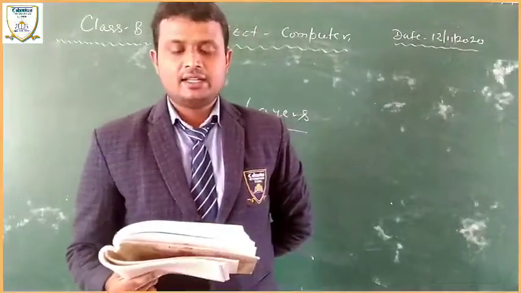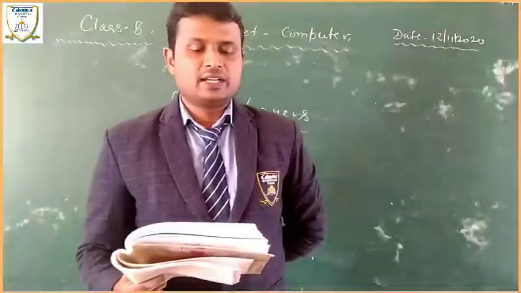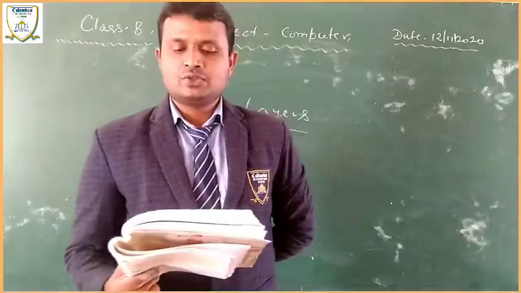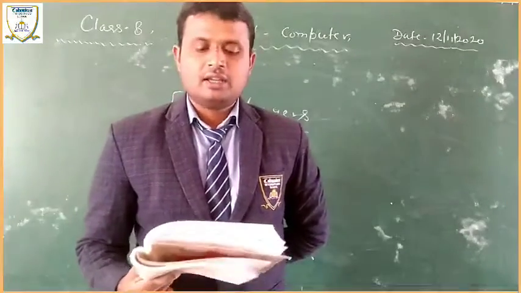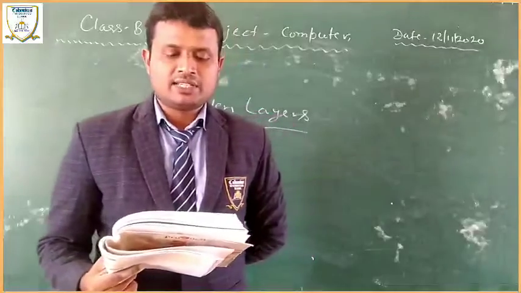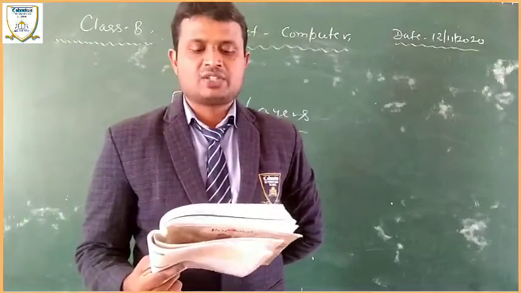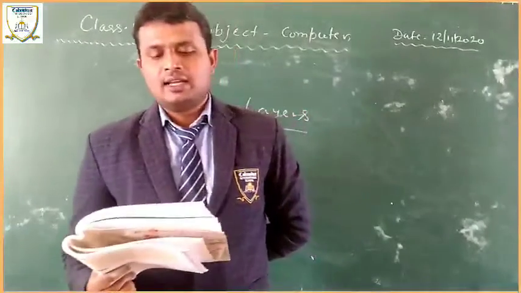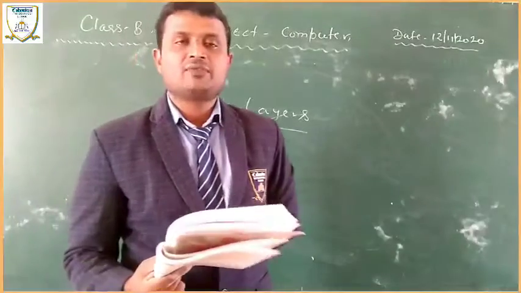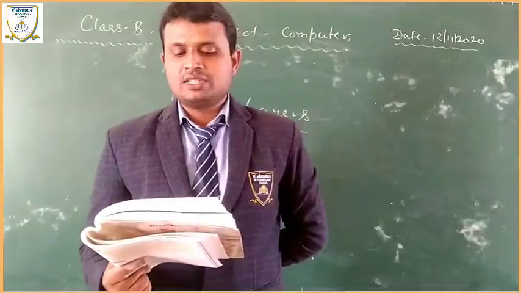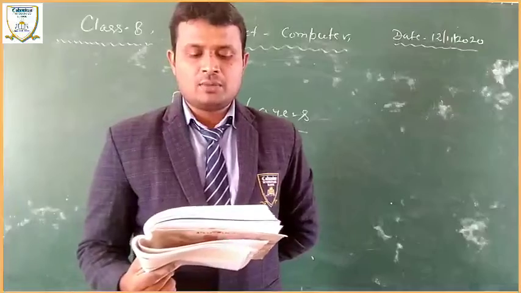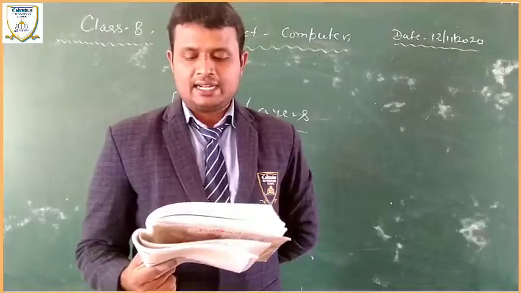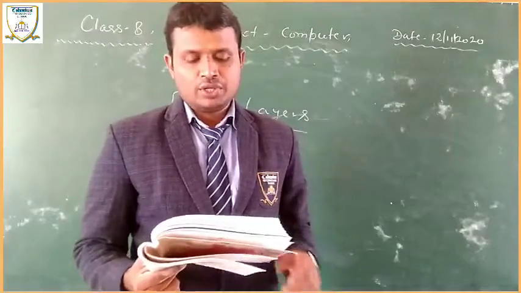How will we apply it? Then just listen carefully. Applying a filter. Okay, the steps of applying a filter are as follows. First, select a layer, if you want to apply a filter to the entire layer. To apply a filter to a part of an image, select that area using any of the selection tools. We just have to select the area in the image on which we want the filter to operate. Then after that, click on the filter menu and select a filter option. In the dialog box that appears, select the values. In some of the filters, no dialog box will appear. The filter is applied directly. Okay, click on OK to see the result.